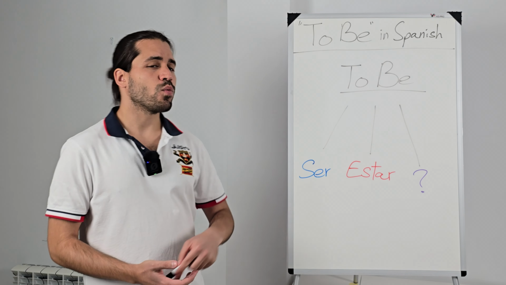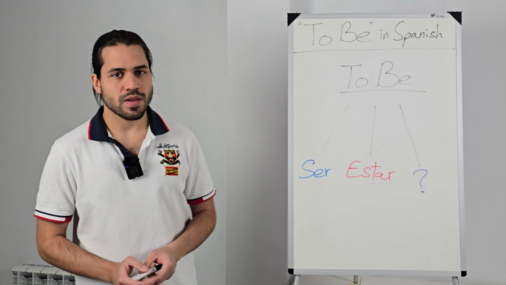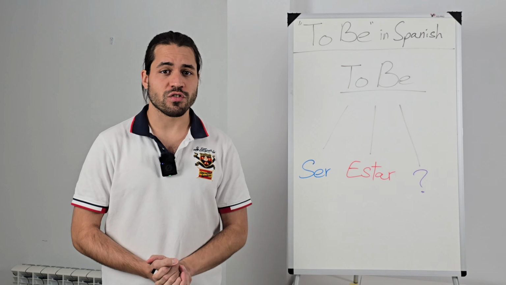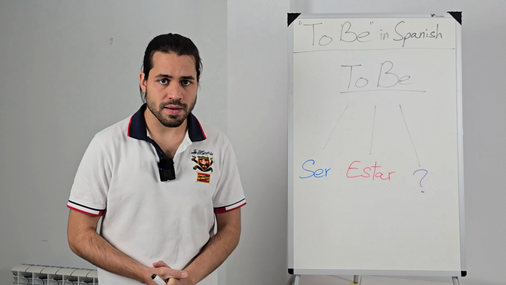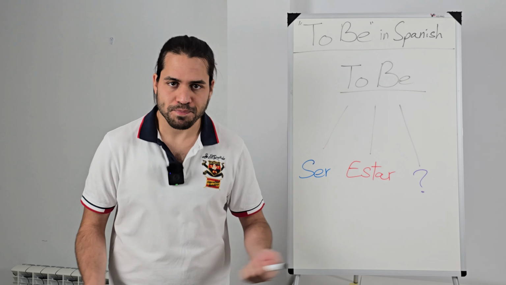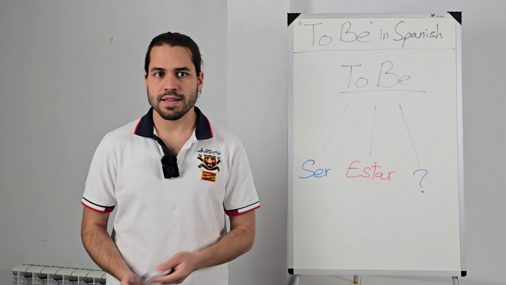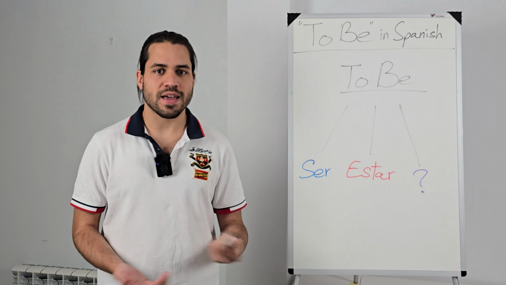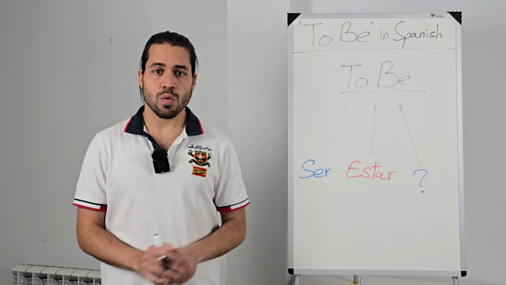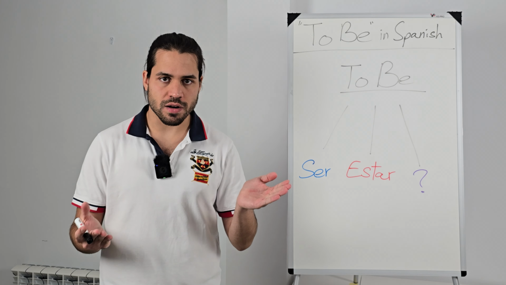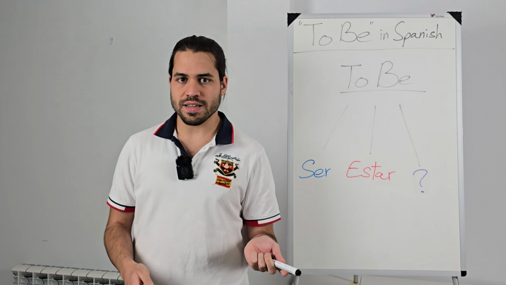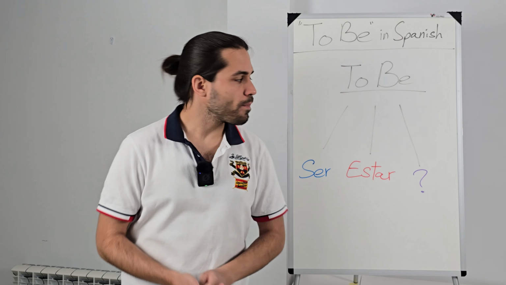Well, let's get started with being in English. In English, we have the verb to be, which pretty much describes our state of being, right? It's an irregular verb in English. I am Joshua, right? I am, you are, he is, she is, we are, they are. We only have one word for being and its many conjugated forms, I should say. Am, you are, he is, she is, etc.